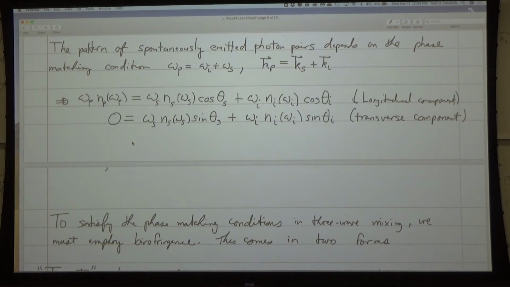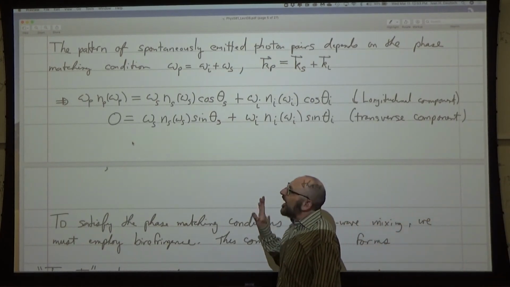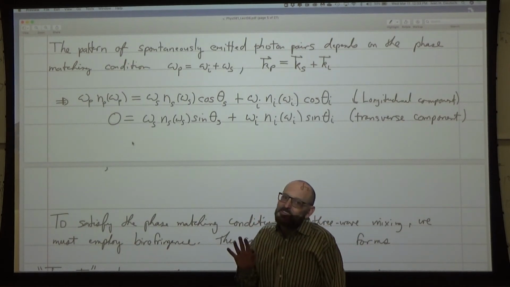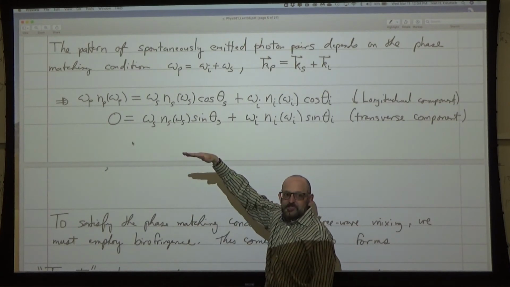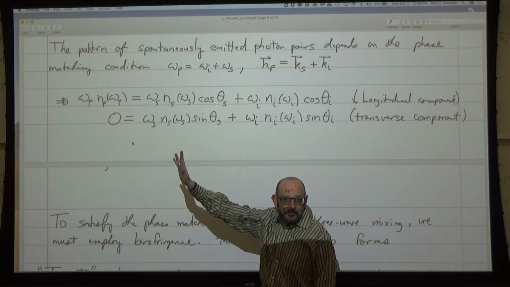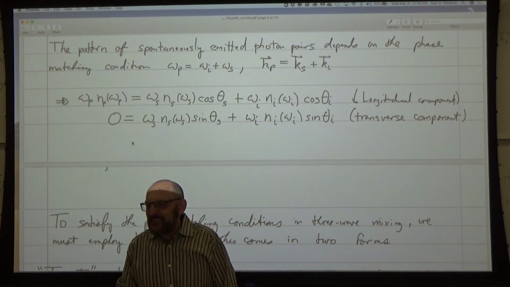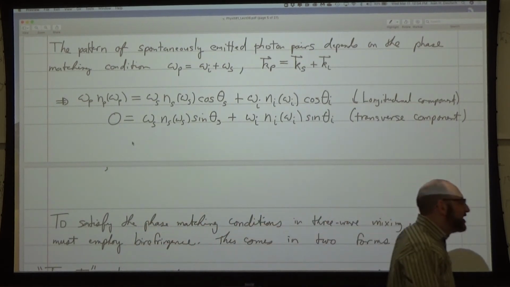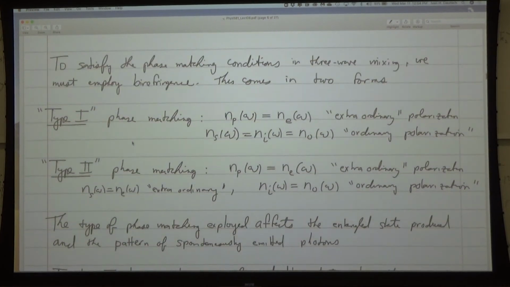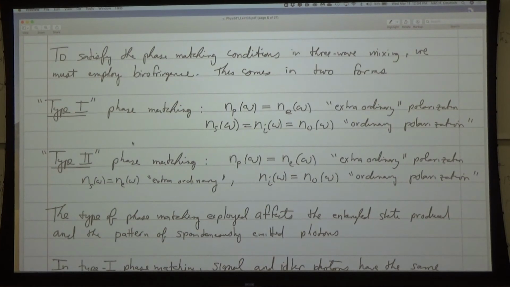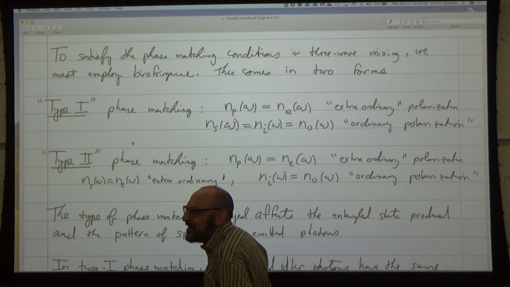Now, we said we couldn't satisfy these conditions if the index of refraction was the same for the signal, the idler, and the pump. We needed to have birefringence, where the index of refraction depends on the polarization. There's this whole business of the different types of polarization. Boy, you can really get through a lot of lecture if you just do it this way. Anyway,